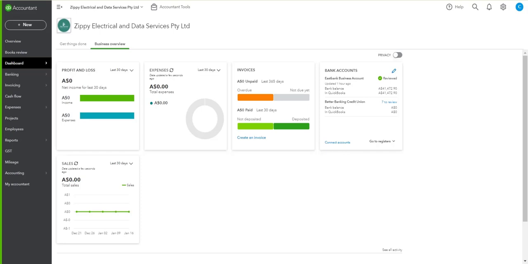In this example, prior to moving to QuickBooks Online, Damien maintained his accounts using another software program. He has some opening balances that will need to be posted into QuickBooks Online. Now, Natasha has instructed Carol to ensure that the debtor and creditor opening balances are entered as at the 30th